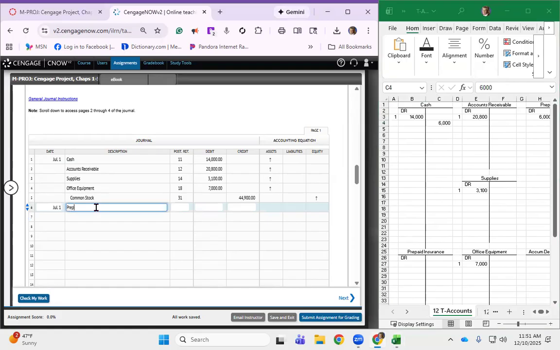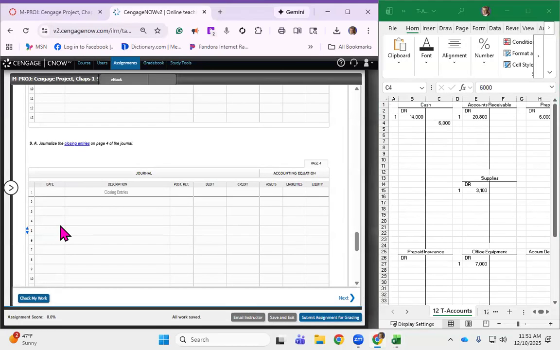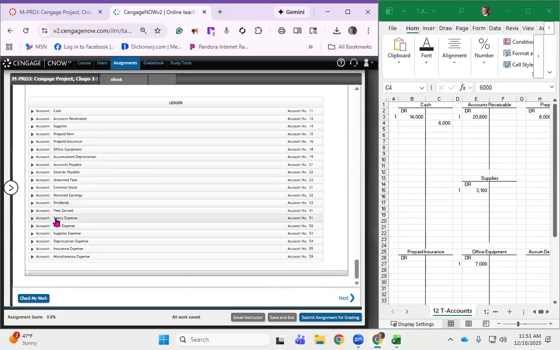So let's put prepaid rent, $6,000, and down goes cash. Okay. And then we want to post this. So we go to prepaid rent first. Okay. Prepaid rent